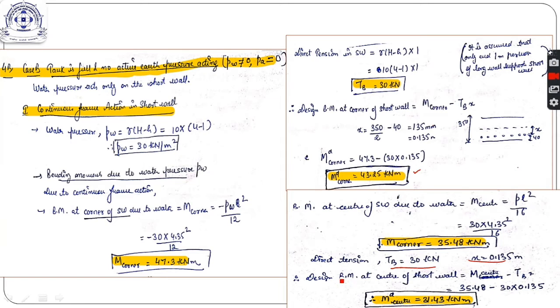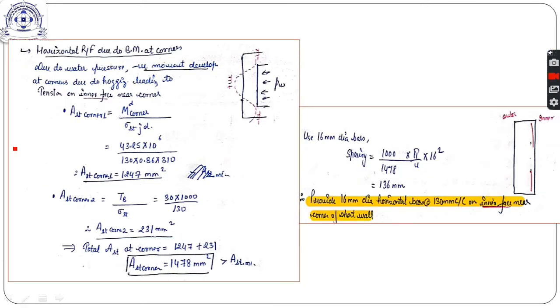So we calculate the design bending moment at center as M center minus TB into x. So we get the modified moment at center and modified moment at corner. So we will be using these for the further calculations. Okay. Now